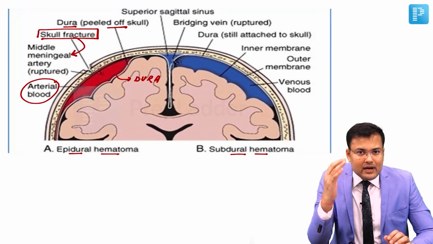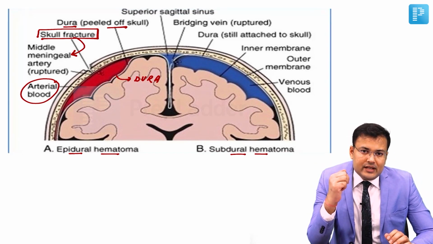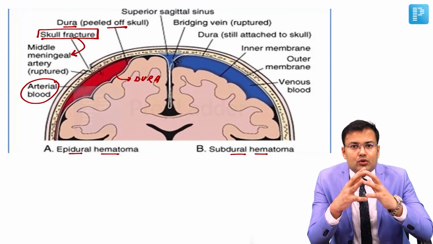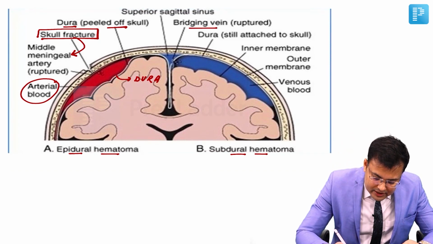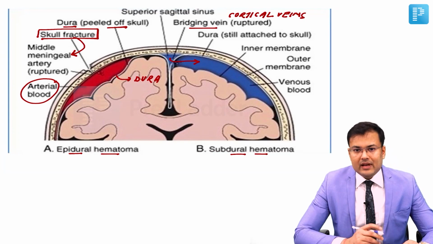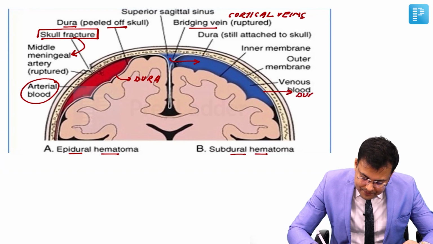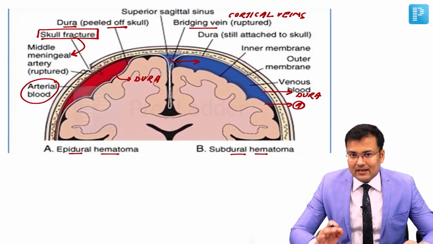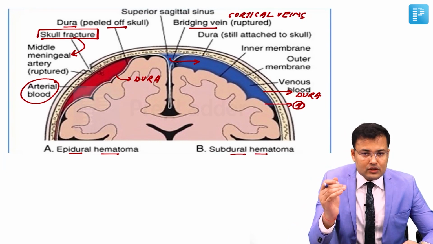Now see the subdural hematoma. Generally in subdural hematoma, head injury is more severe, so here there is significant trauma. Because of this significant trauma, what is the problem? There is injury to the cortical veins or bridging veins. Whenever there is injury to bridging veins or cortical veins, there is collection of venous blood, and this venous blood is collected between dura and arachnoid. Can you see? This is dura and this is arachnoid. Clear? Here dura is intact, but SDH is going to cross the suture line.